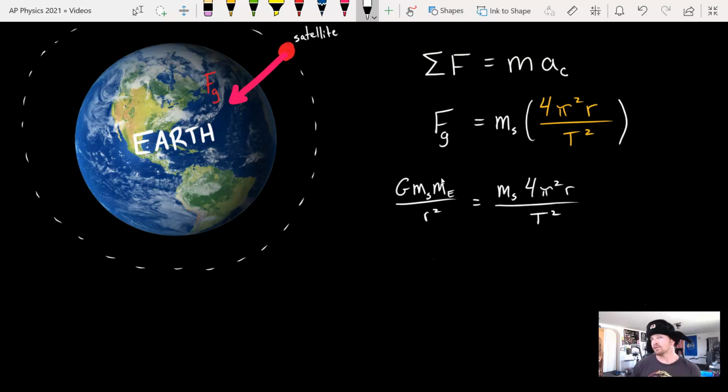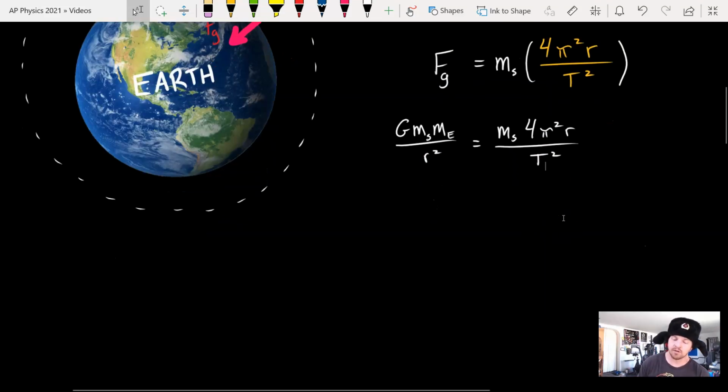There's a whole bunch of stuff going on here, and if you want to see this specifically broken down, we can go over it in class. You can come see me, but if I solve for period here, this ends up turning into